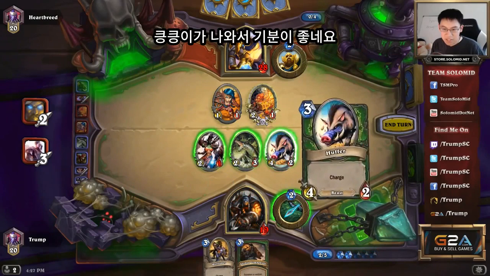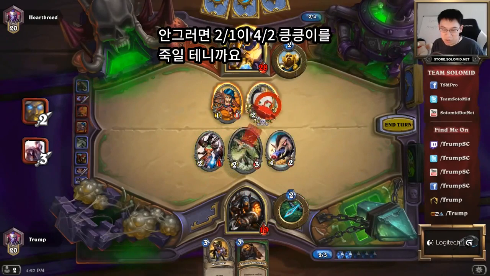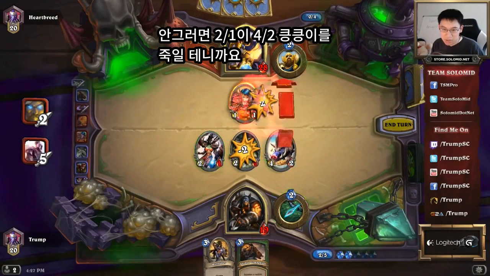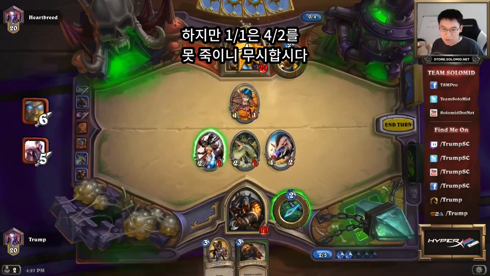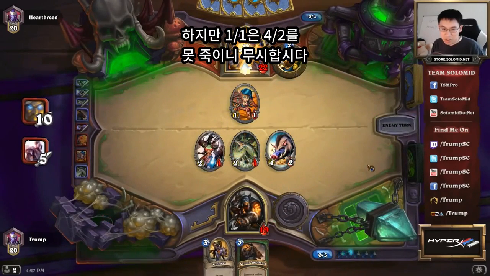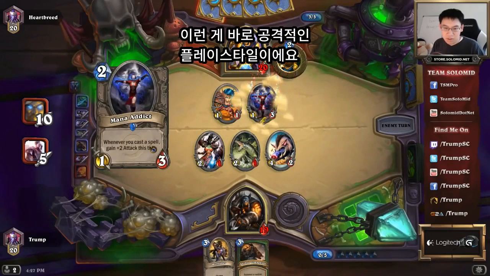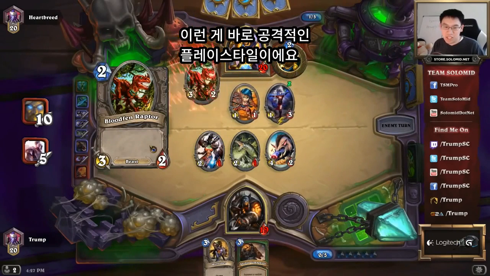I'm very happy to get Huffer. I am going to clear the 2-1 because the 2-1 threatens the 4-2. But I'm going to ignore the 1-1, since it does not threaten the 4-2. I can taste the mana. This is the aggressive deck playstyle,